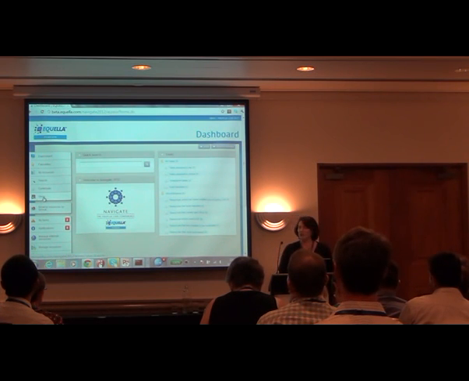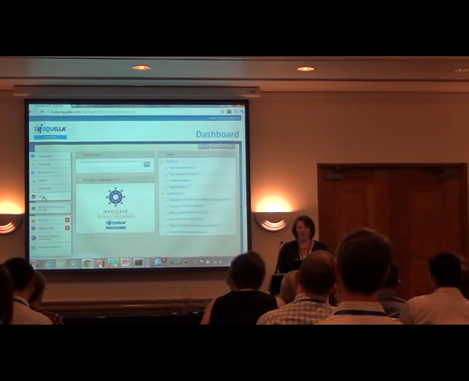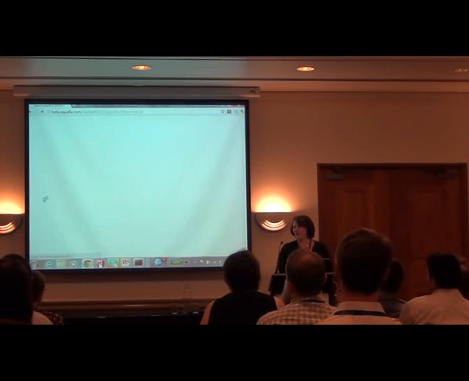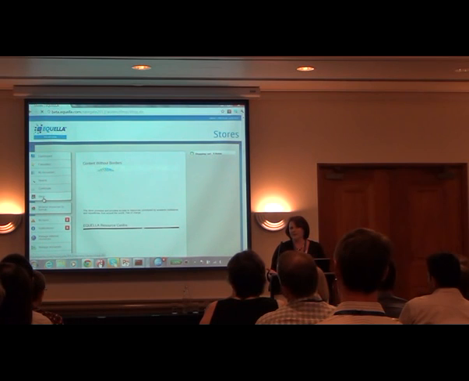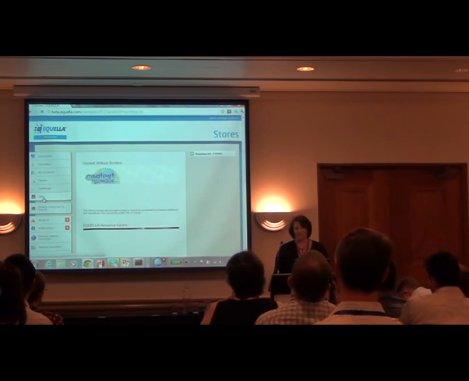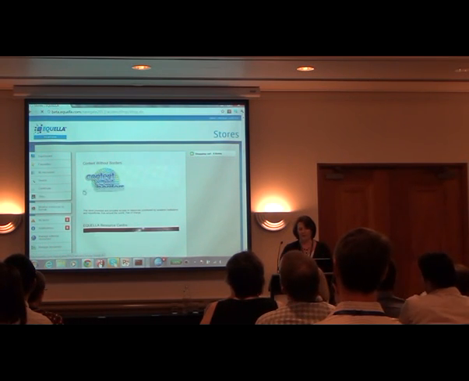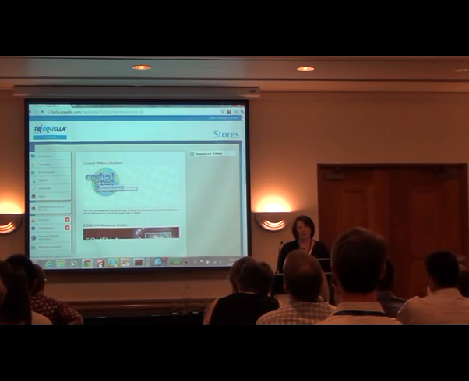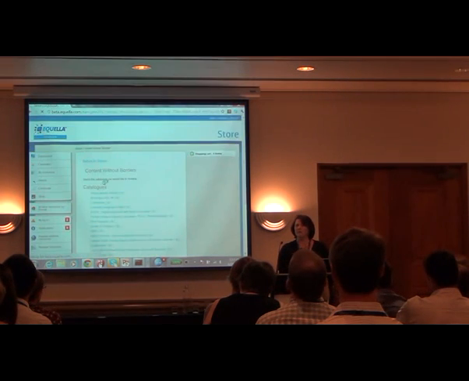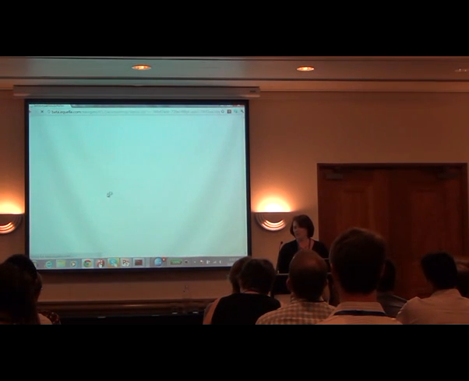So we now have a shop button showing in our navigation menu. When we click on that, it takes us to the stores page. And this will show us any stores that we're registered to, and they are other EQUELLA instances that are set up as stores. In this case, we have our content without borders. And if we go into that, it will show us all the catalogues that belong to that store. We can go into one of those catalogues and it will show us all the resources that belong to that catalogue.